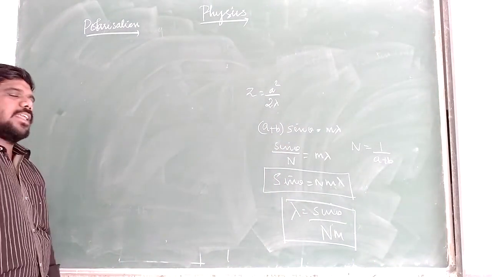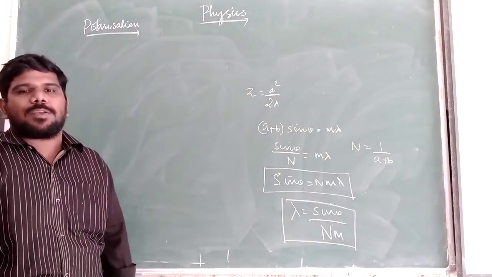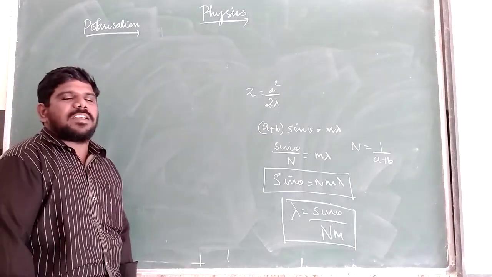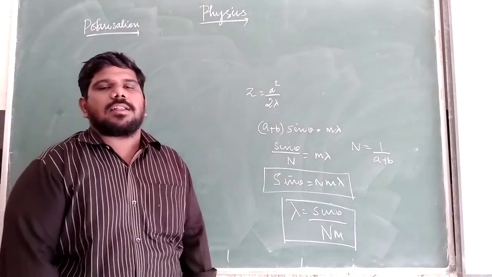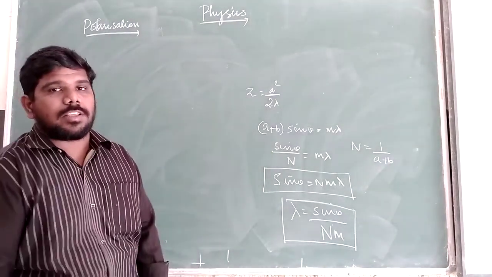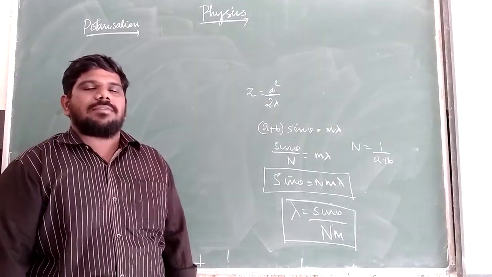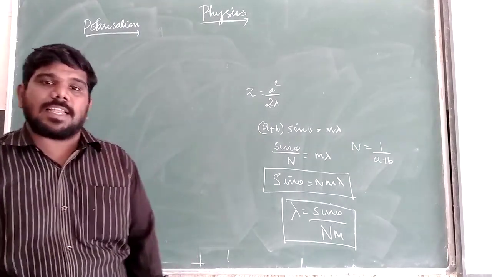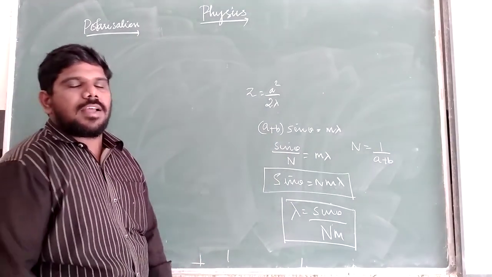So what is the grating? A grating is a transparent material in which a large number of opaque rulings are made by a diamond pointer. The transparent space of a grating is called a slit, and the opaque material, the obstacles, are called rulings. The combined width of a slit and a ruling is called the grating element. From that we find the grating is used to find the wavelength of light.